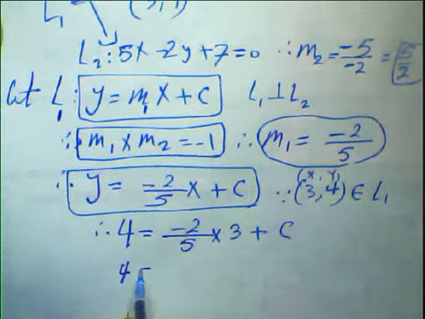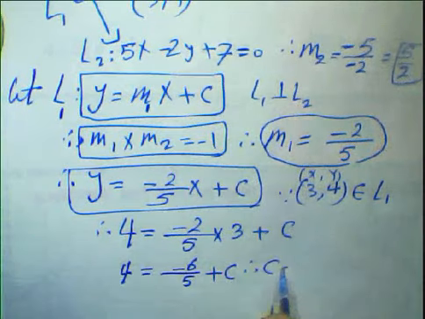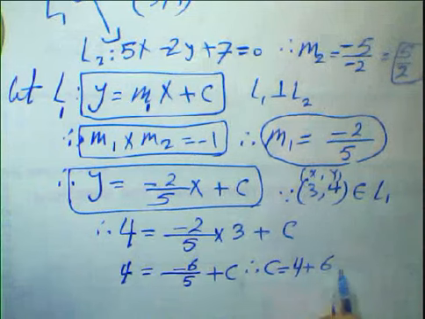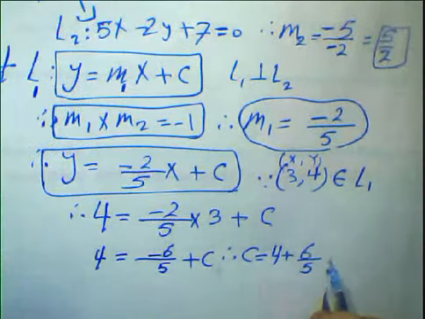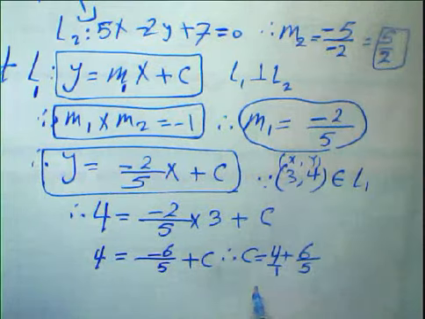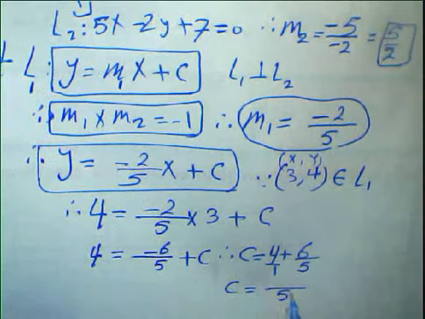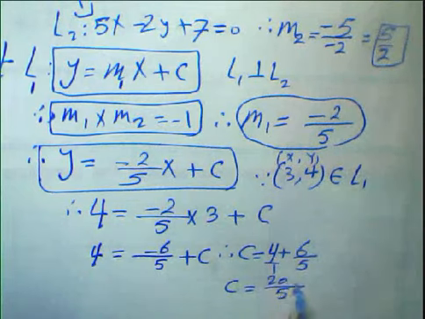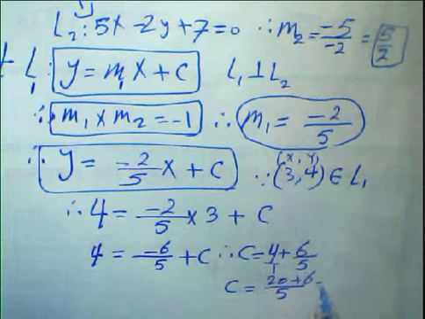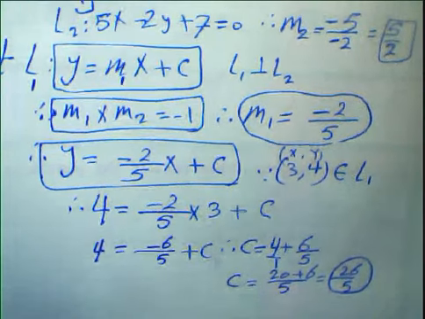4 equal negative 6 over 5 plus c. This constant will be 4 plus 6 over 5. 4 plus 6 over 5, we can find the result here. Write 1 in denominator and write 5 here. This multiplication about them. 5 divided by 1 equal 5. 5 times 4 equal 20. 5 divided by 5 equal 1. 1 times 6 equals 6. The result will be 26 over 5. It's a constant. Okay, so